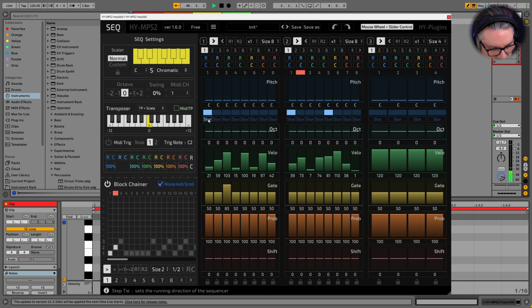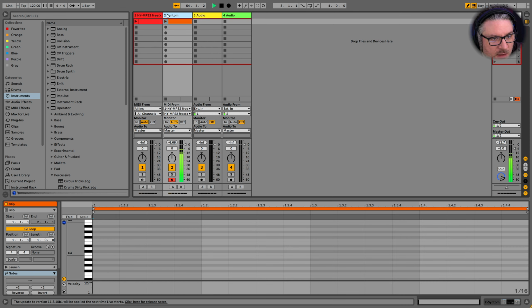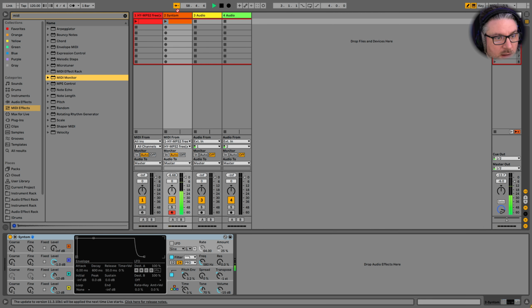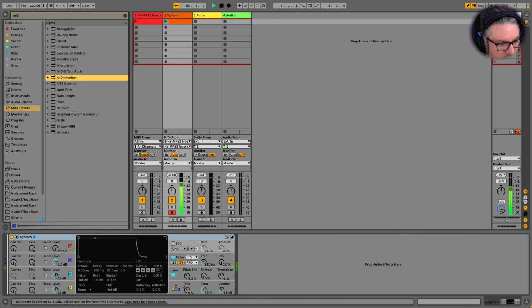Unless slur is some specific time somewhere. No, it's not. Let's look in the MIDI output here. Let's grab our MIDI monitor and take a look. What's going on here?